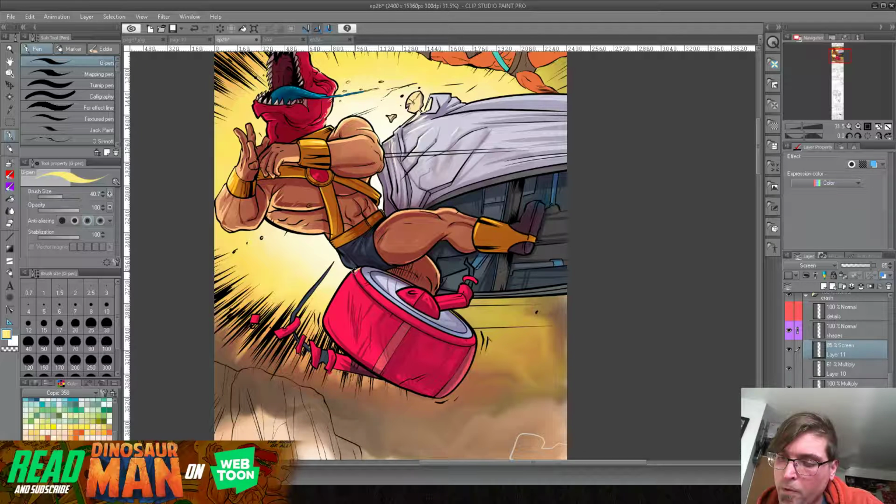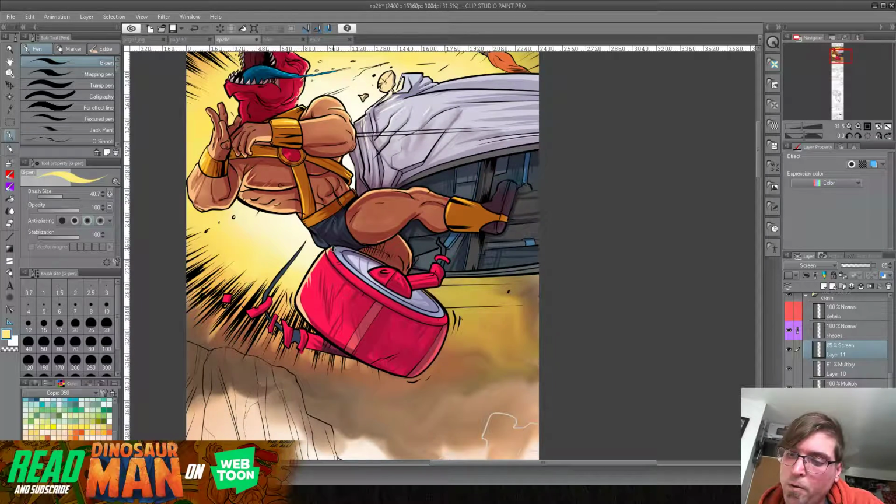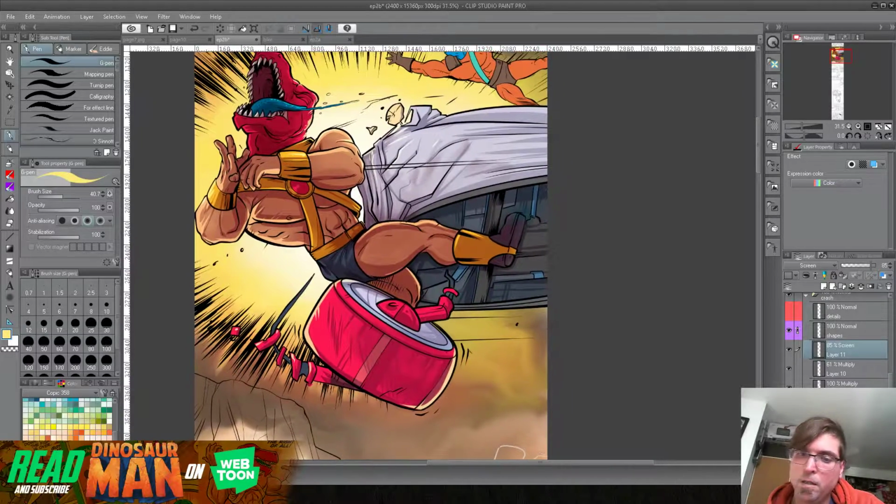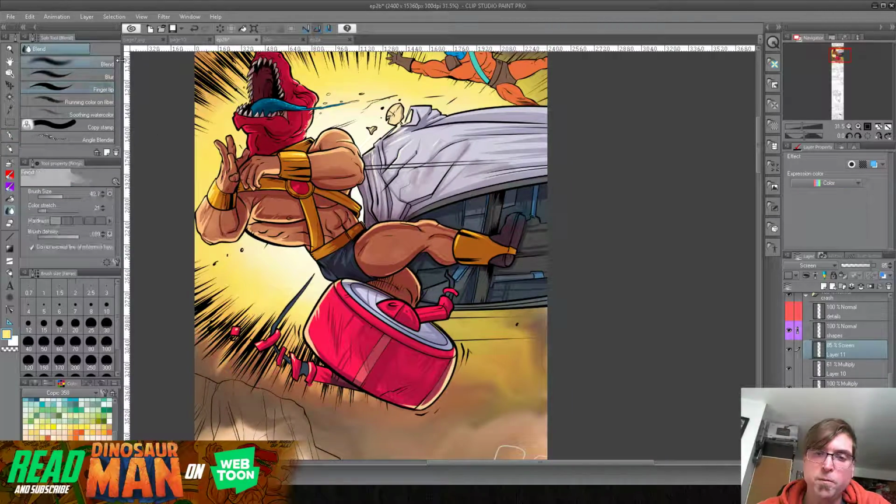But so far, I'm liking how this is turning out. You always want to look for ways to bring things and pop them out so that they look more like they're coming at you. The motion blur really helps that. There is motion blur in here, but like I said, it's just a little bit easier to do it in Photoshop at this point. Now, one thing I want to do is I want to do my blender and go